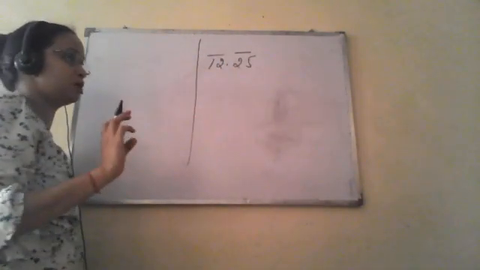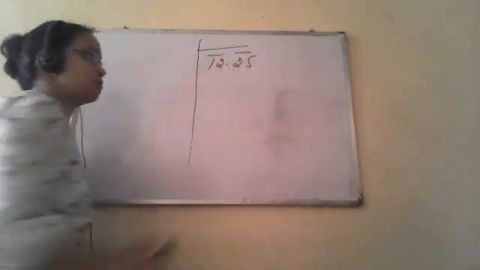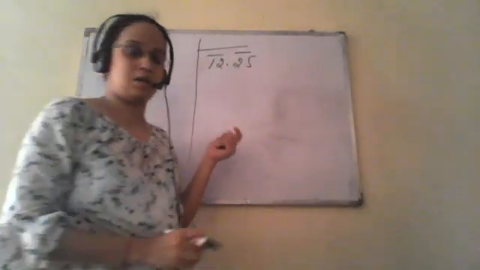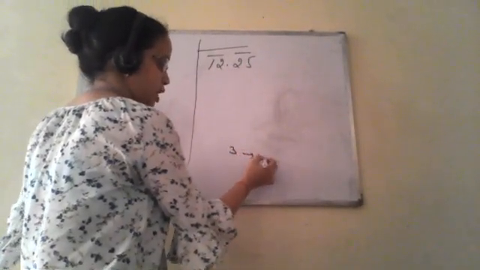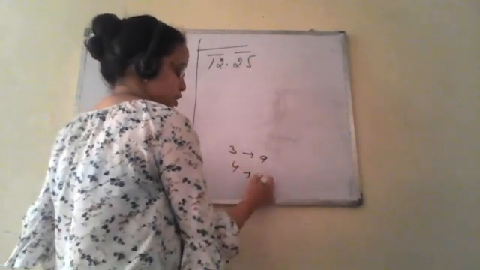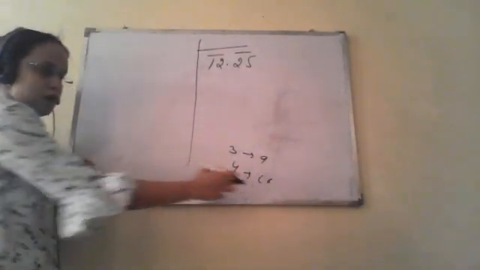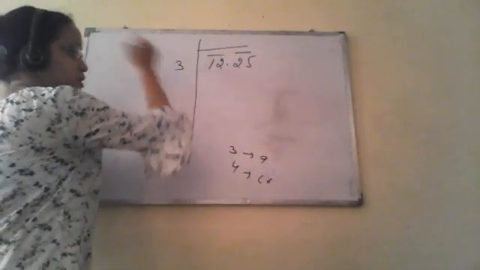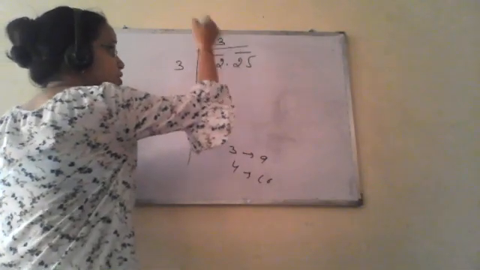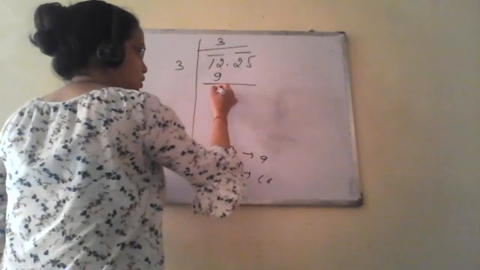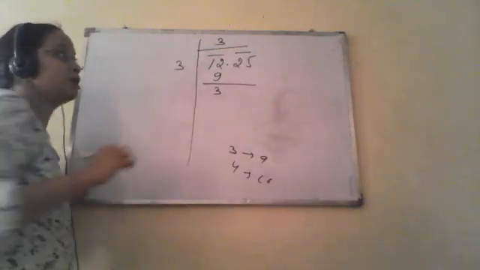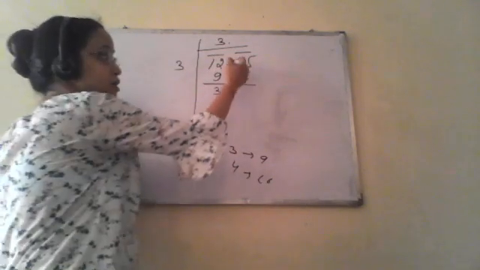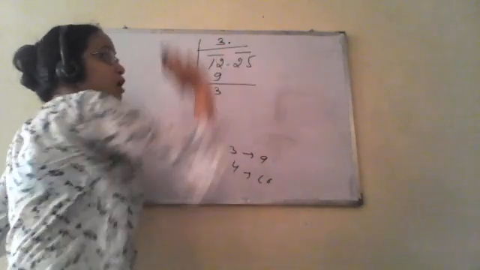We have two parts. Now we have to think of a number whose square is either equal to 12 or less than 12. We have 3, its square is 9. If we think of 4, its square is 16. So we cannot use 4 because its square is 16, which is greater than 12. So we'll start with 3. 3 times 3 is 9, and 3 is the remainder. We will put a decimal because the number we are bringing down is after the decimal, so we will put a decimal in the quotient.